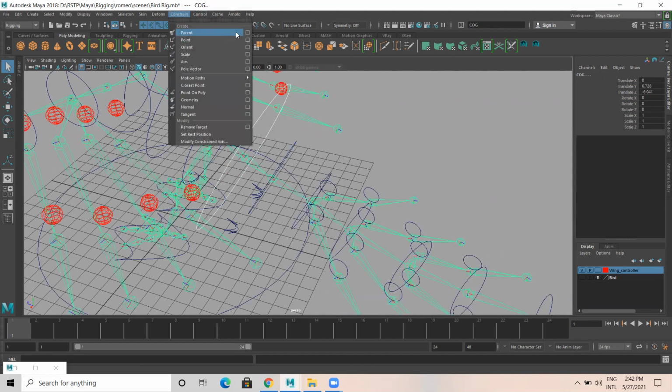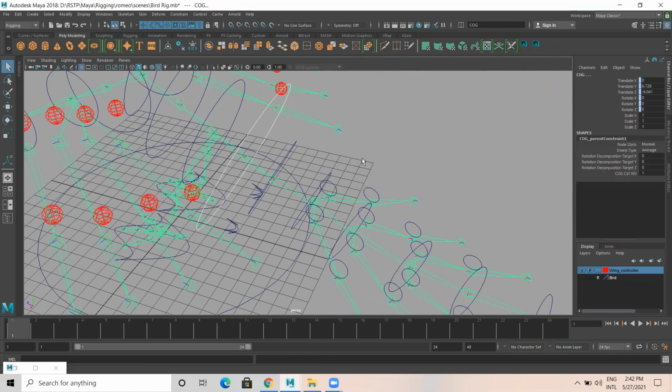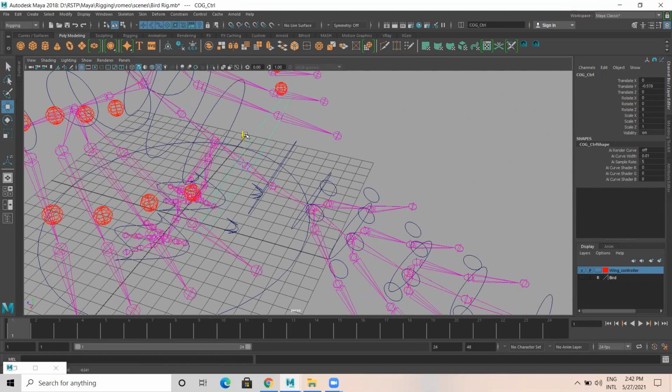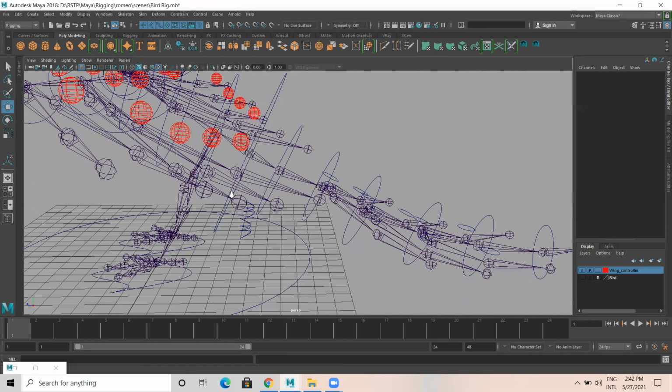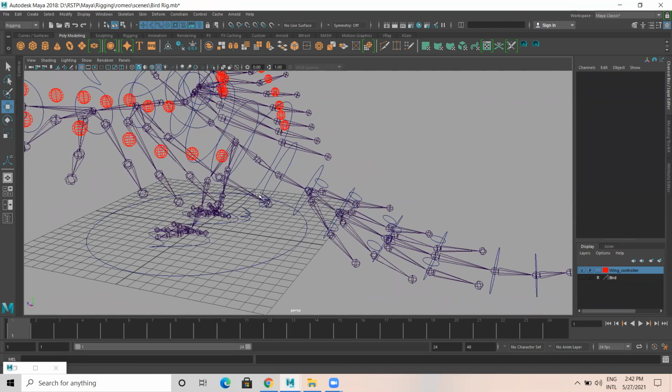Go to constraint, it is parent constraint, maintain offset on, add. So now see, okay, got it. So we have completed the orient constraint for the tail part. Parenting is pending. We have to do parenting, that we will do.